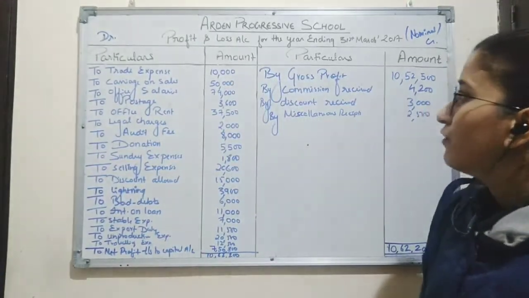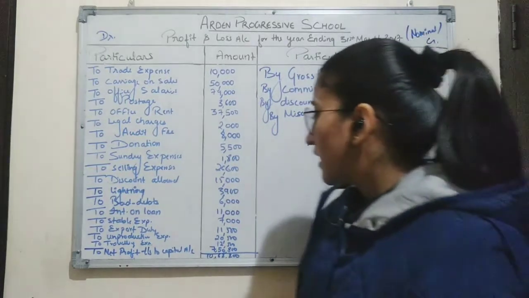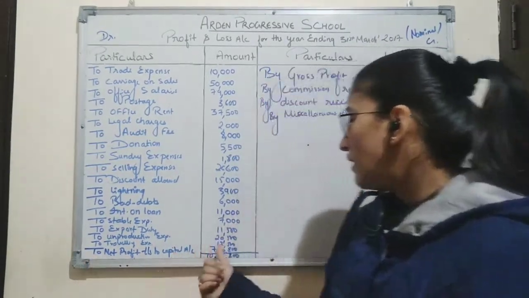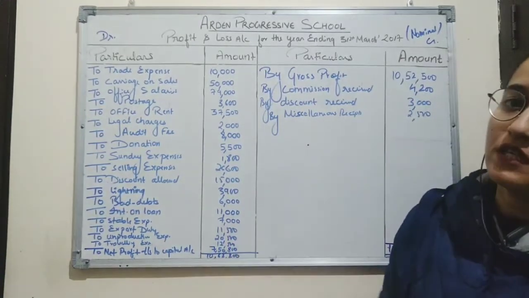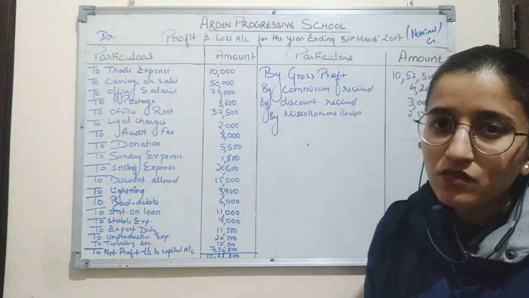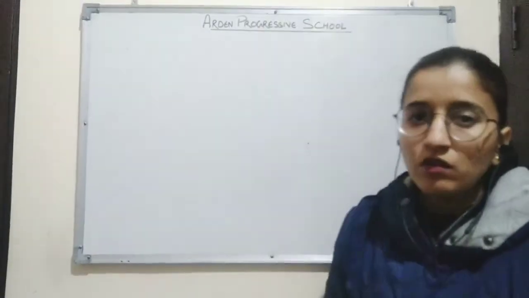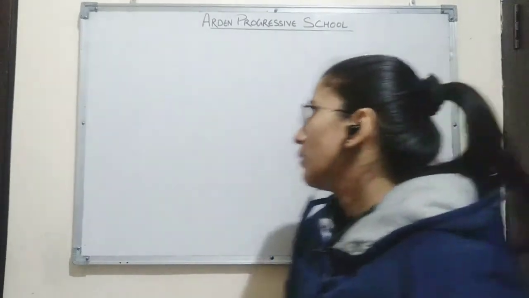So by preparing profit and loss account for the year ending 31st March 2017, the company is earning a net profit amounting to rupees 7,50,800. So this is how we solve the question based on preparation of profit and loss account. So now we will move forward with the next topic, which is